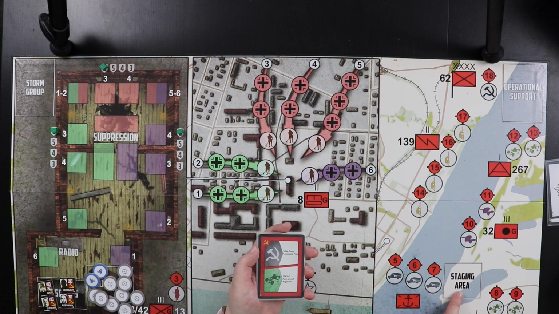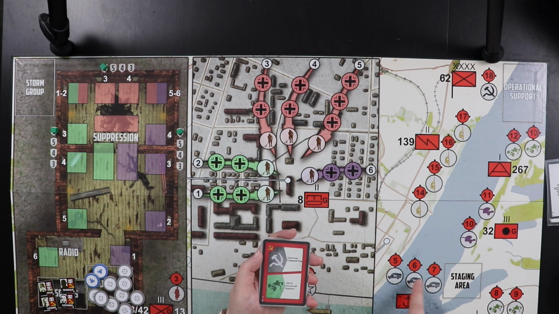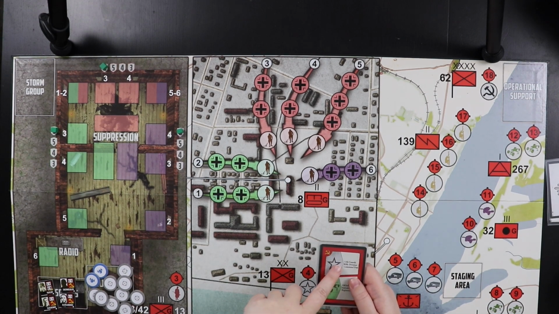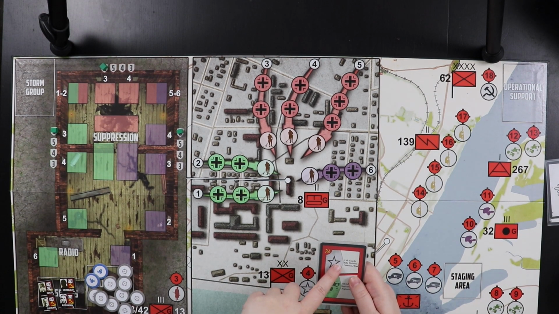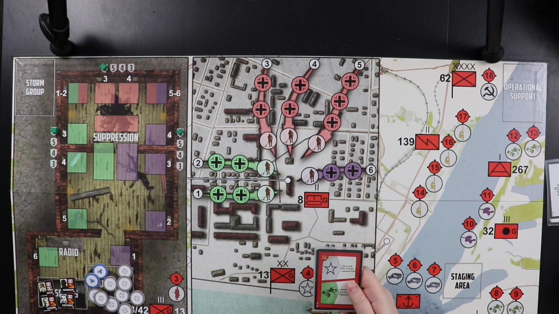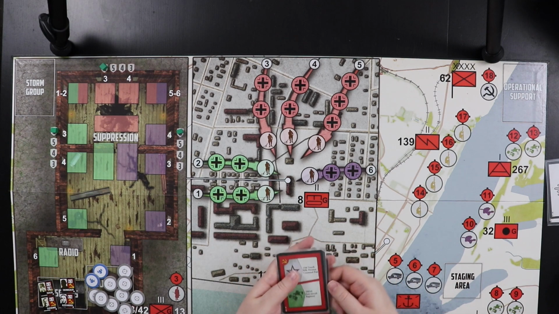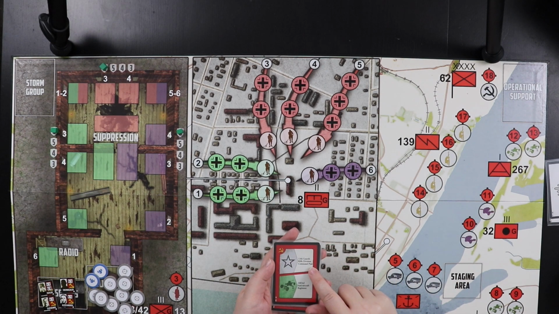And then you pair this with the flotilla card that we looked at earlier to get stuff from the staging area onto and across the river with the boats. The 13th Guards Rifle Division Command Post is also excellent because where the 62nd Army Command Post puts supplies in to go across the river, the 13th Guards Rifle Division Command Post allows you to recruit